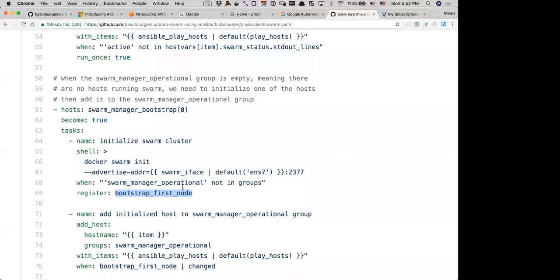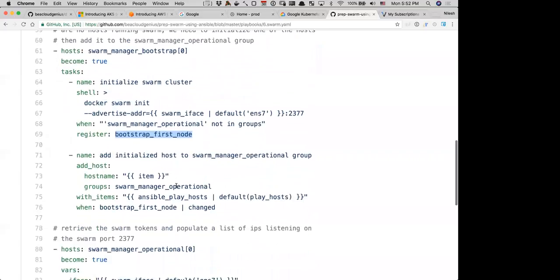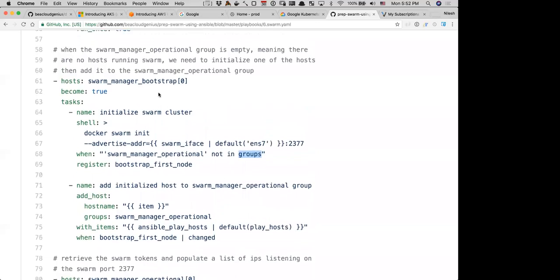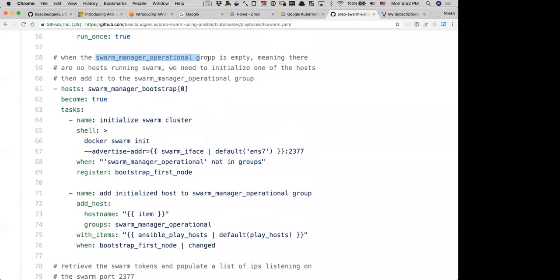Now, when you did that, this action needs to happen when Swarm Manager operational is not in any group, meaning the group doesn't exist, it's empty. When the Swarm Manager group is empty, that's what this when condition is. When nobody is running a Swarm Manager, that is the first time you want to bootstrap